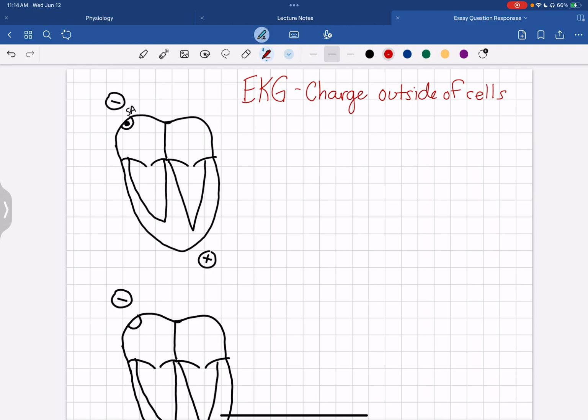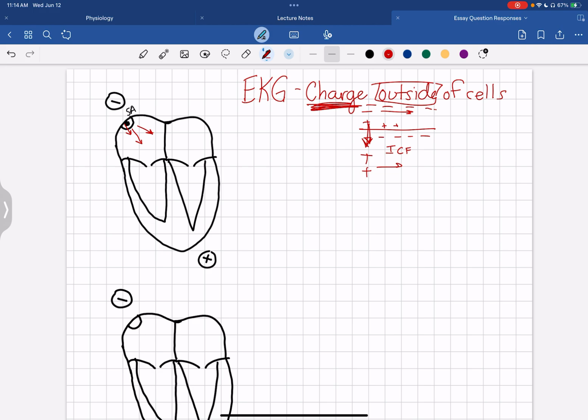This signal is going to depolarize and send these negative signals, because if it's tracking the outside of cells, typically we have a more negative inside of the cell and more positive outside. As positive charges come into the cell, depolarizing it, suddenly the inside of the cell is going to be positive and the outside is going to be negative. And as this spreads, we'll have more negatives on the outside of the cell spreading. And so as EKGs check the charge on the outside of the cells, we're going to watch as these negatives